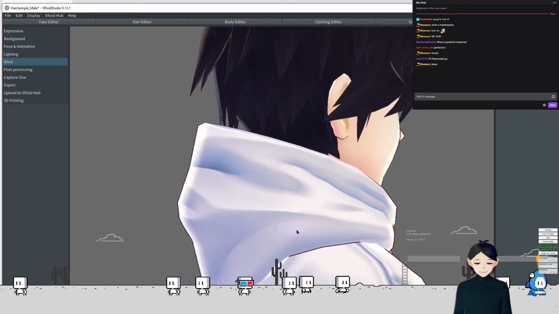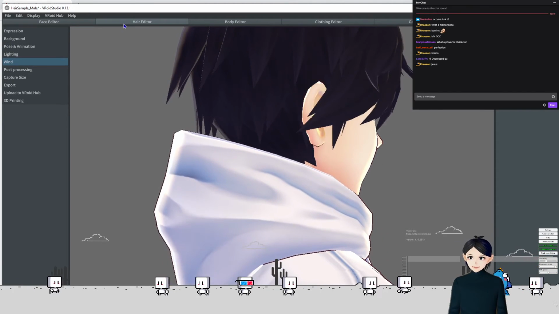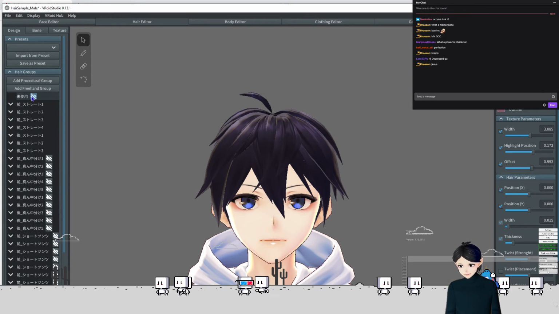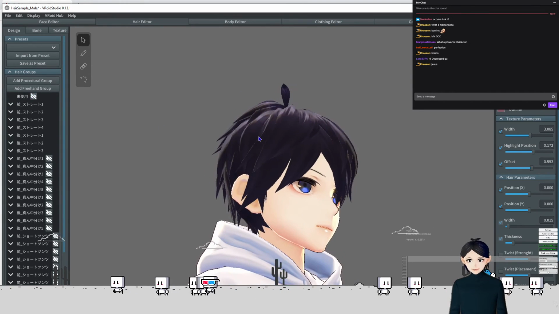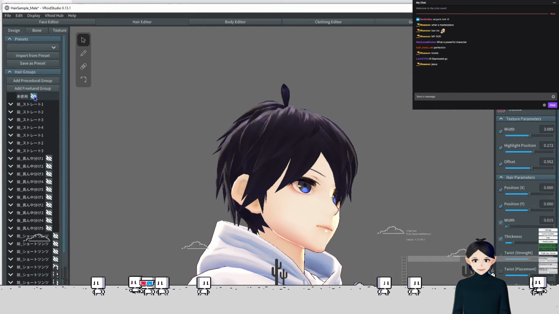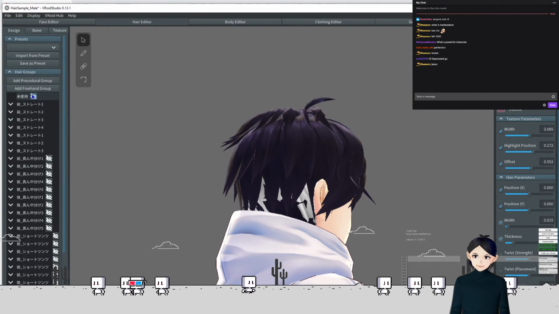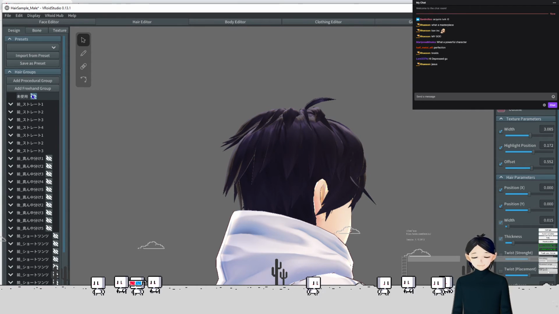There's always this bottom layer right here, which every Vroid model has, and that's just basically a bottom thing so you don't get bald hairs. But you can make that invisible if you want, or you can remove it entirely. So that's always an option. And as you can tell, they didn't fully color the hair underneath it. So yeah,